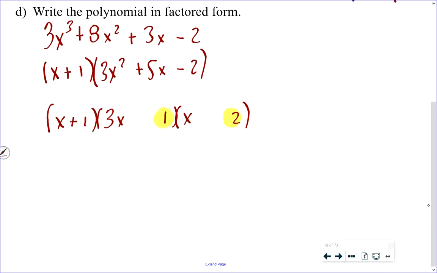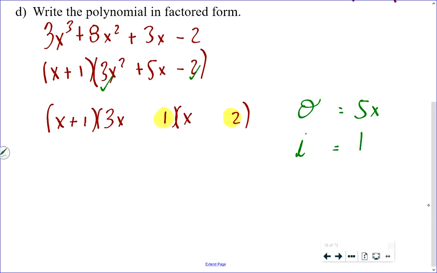When I multiply 3x by x, do I get the 3x squared? Yes. When I multiply the 1 by the 2, do I get the 2? Forget about the negative. Yes. You don't need to check that, because you put those numbers precisely for that reason. What you need to focus on is what the outer is and what the inner is in your foiling. My outer is a 5x currently. My inner is a